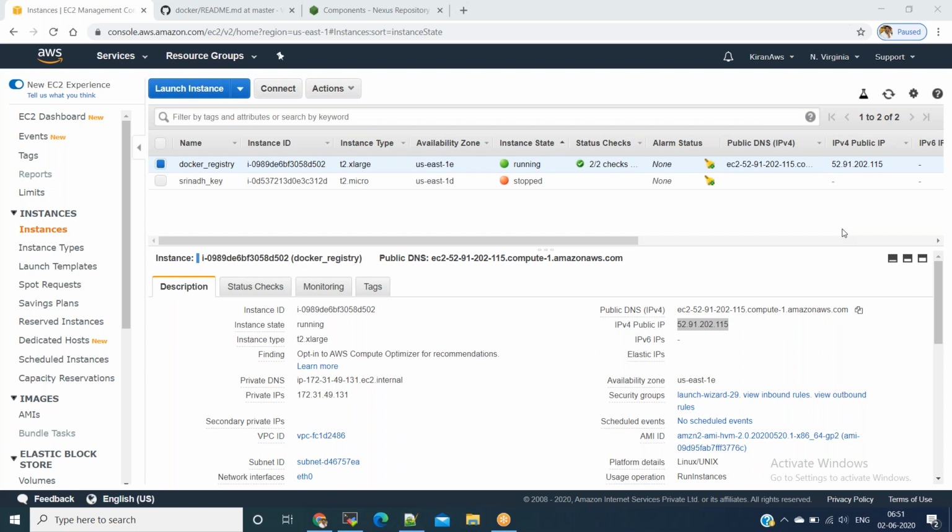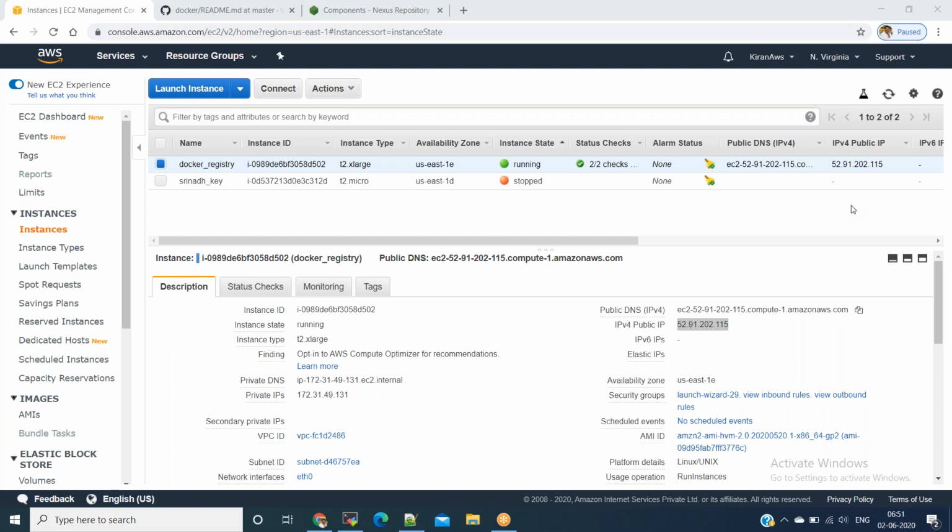In the previous video, we have seen how to set up Docker private registry and we have successfully finished the setup. Now, as an extension of that setup, we will create two servers. One server is build server, second server is deployment server.